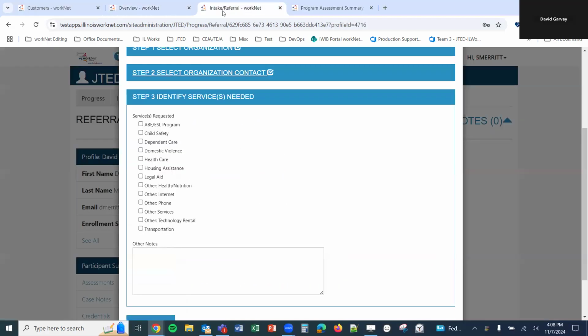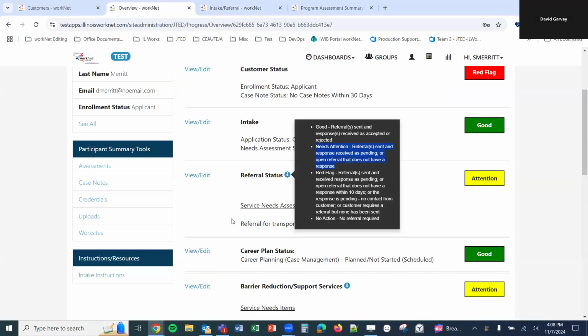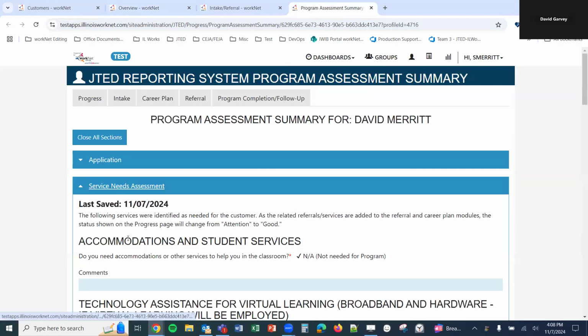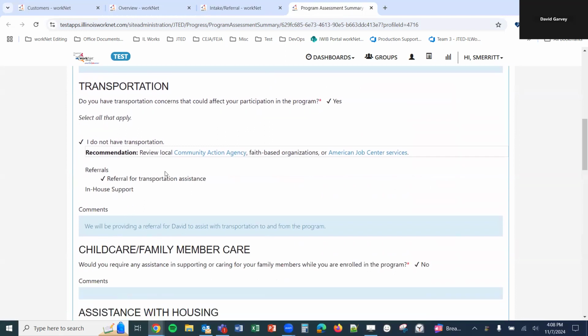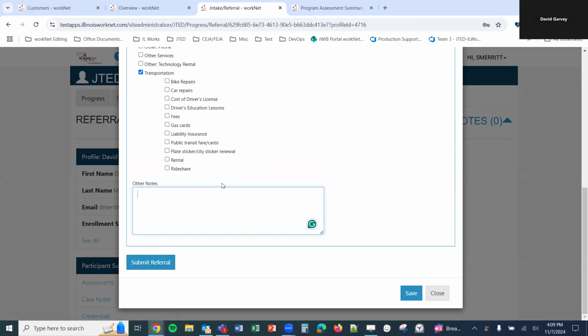And so let's say we go back over here and we'll select transportation. And what was it? Service needs assessment. Let's see. Let me go back to service needs assessment just to see what it was. Okay, just referral for transportation assistance in general. All right, so we can select transportation, and if we needed to select any other items here, we could do so. We can enter notes if need be, and then we can click the button to submit a referral, and